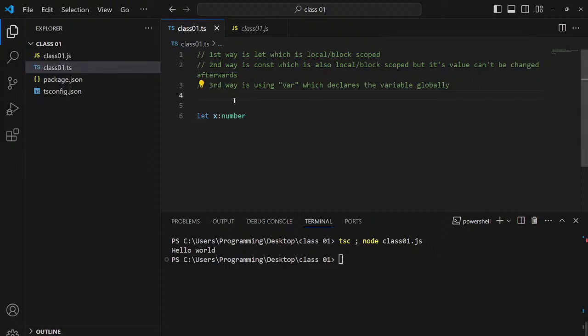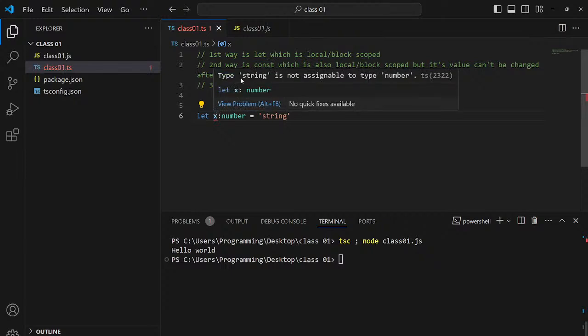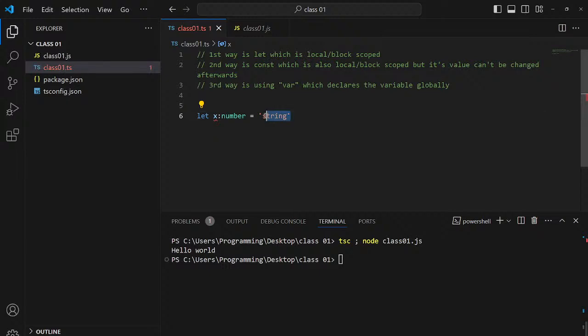The type in TypeScript represents the data type, so be careful about it. So let x of data type number holds a number value. You cannot give it a string value. It will give an error: string is not assignable to type number, so you have to be careful with the data types here.